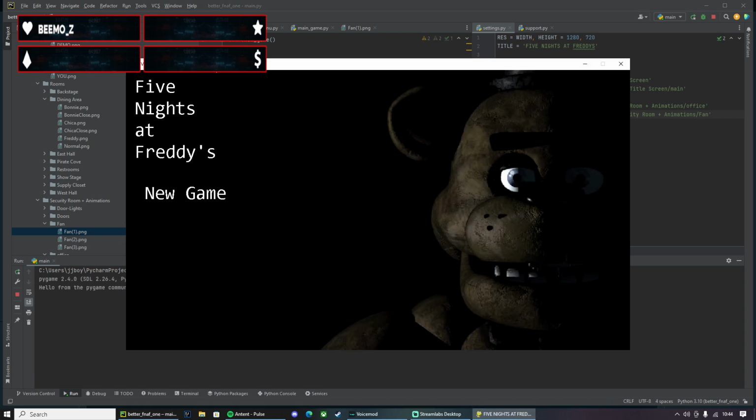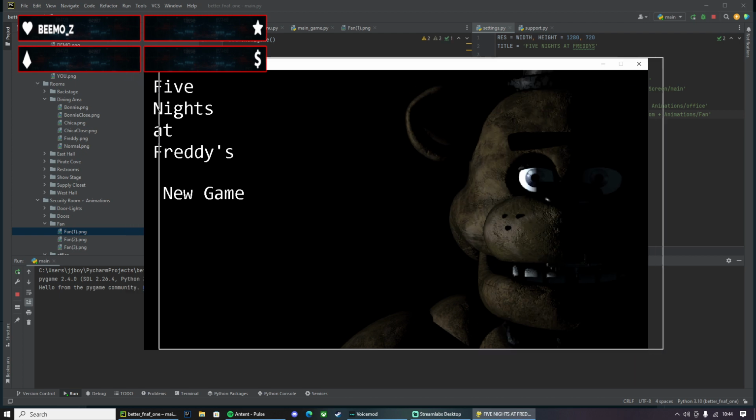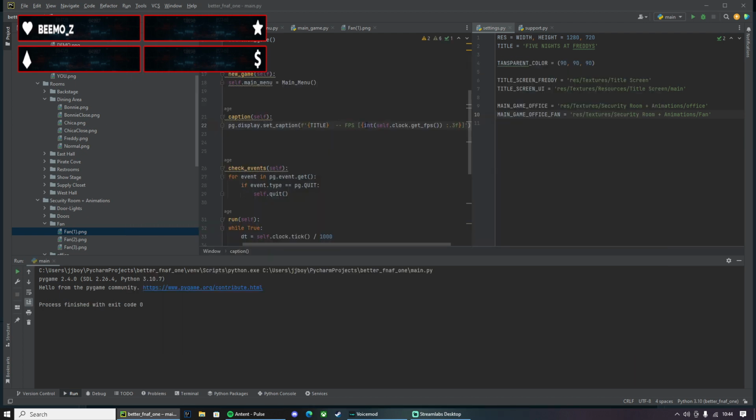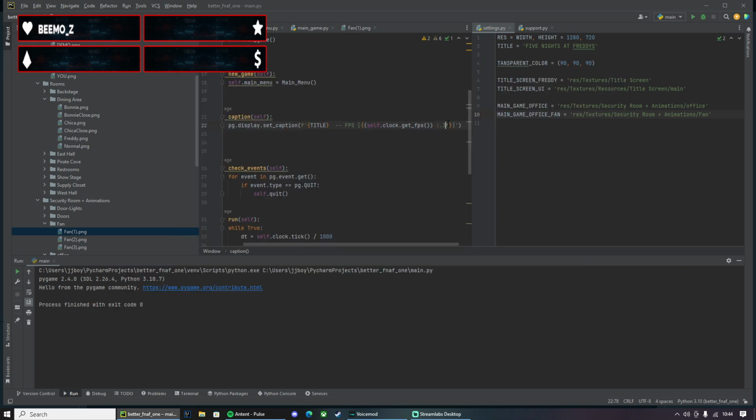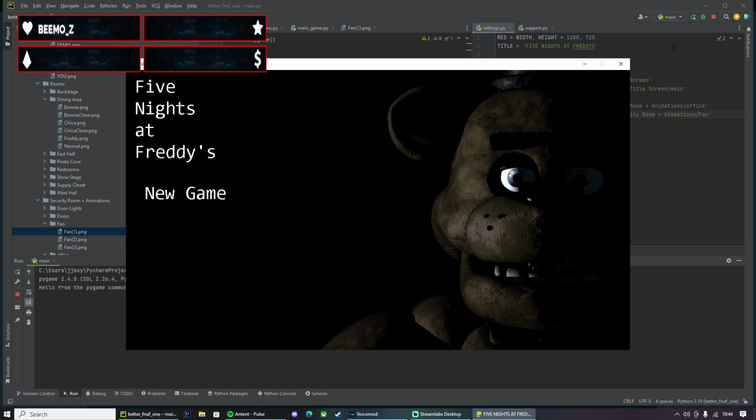There we go, so it shows your FPS, but it's pretty useless because it's still going to stick, because it was kept as an integer. I'm a dumbass. There we go, look at that. Boom, 400 and whatever other frames. You don't really need it, it's just cool to show off.